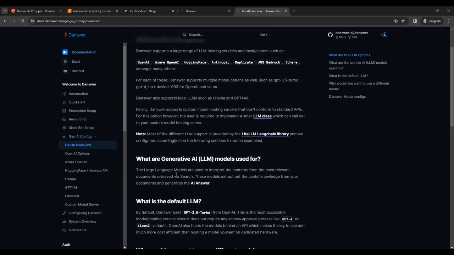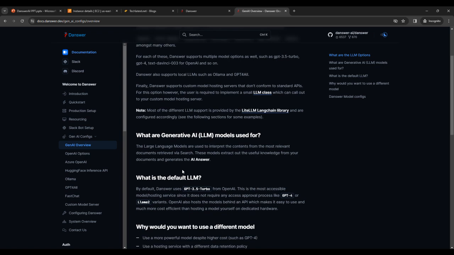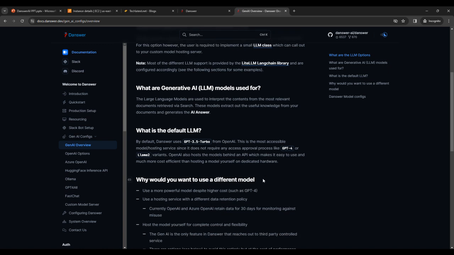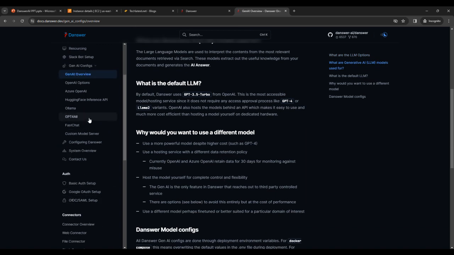There are also a lot of options here, like what the generative AI LLM models are and what the default model is. The default model, as I said, is the GPT-3.5 Turbo model from OpenAI, and this is the most accessible model hosting service since it does not require any access approval, unlike GPT-4 or Llama 2. OpenAI also hosts the model behind the API, which makes it easy to use and much more cost efficient than hosting a model yourself on dedicated hardware. So there are a lot of options. You can check it out on